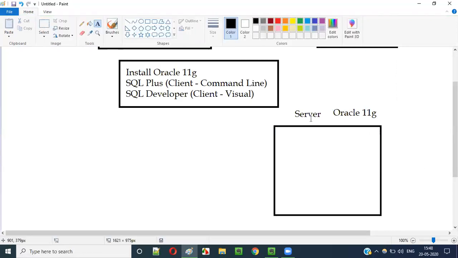But in my case, I installed this Oracle 11g in my laptop itself. It's not a separate server machine. Just assume that this laptop itself is a server machine for now.